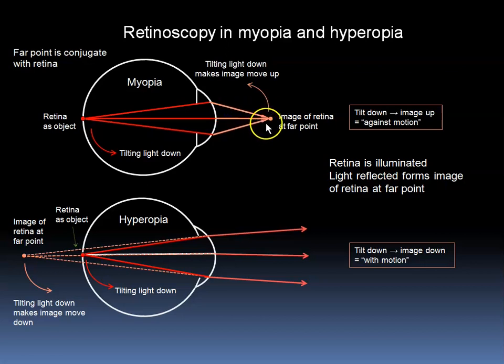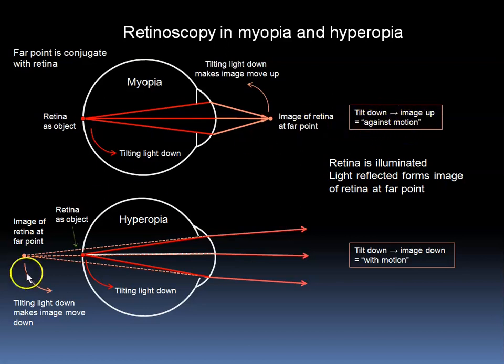When the retinoscope is tilted to illuminate ever inferior positions of the retina, as the light is moved from here to here, the image of the retina in space is moving up. The observer sees this image moving in the upward direction when tilting the light downward. In other words, tilting down causes image up and is perceived as against motion. In other words, the light reflex band coming off the retina is moving in the opposite direction to which the